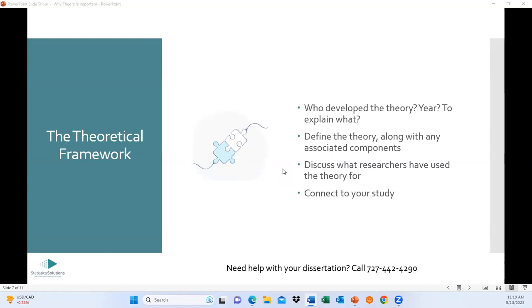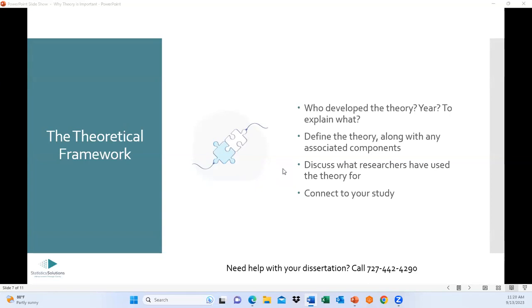just reviewing a couple studies where researchers have used the theory in a study, similar to how you're going to use it. It shows that the theory is relevant, and it's relevant to your topic. It's relevant to what you're doing, and researchers are using it, and that it can be used and it's suitable for your study, right? So part of the theoretical framework is you're making a case, not only describing the theory, but you're making a case for why you're using it.